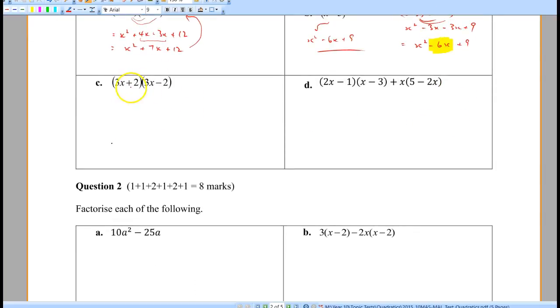Now expanding, this looks like 3x plus 2, 3x minus 2. What we end up with, if we still go through the FOIL process, 3x times 3x is 9x squared. Look at this, minus 6x, and we're going to get a plus 6x in here. Those two terms are going to cancel each other out. Minus 6x plus 6x, they're going to wipe each other out. And then we end up with a minus 4 on the end. So we end up with just 9x squared minus 4, and you'll recognize this as what we call the difference